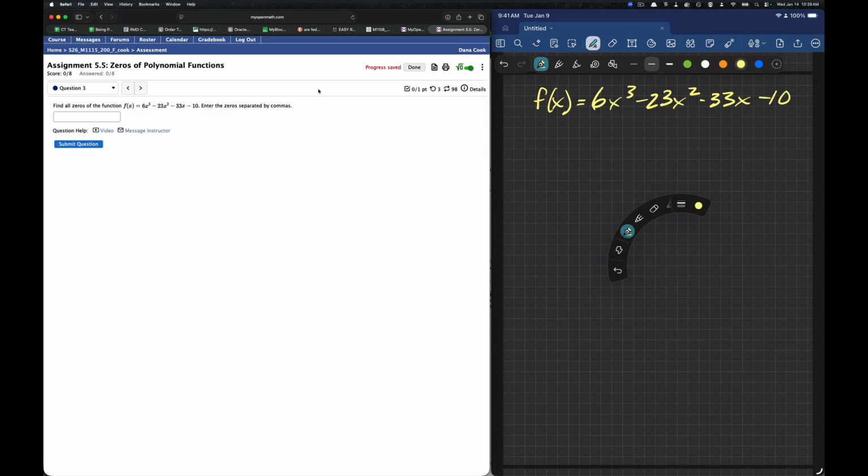You are presented with this problem. Find all the zeros of the function f of x equals 6x cubed minus 23x squared minus 33x minus 10. Enter the zeros separated by commas. So at this point,